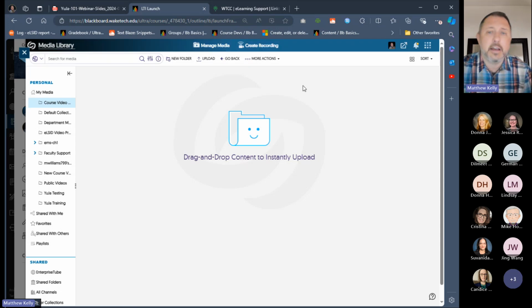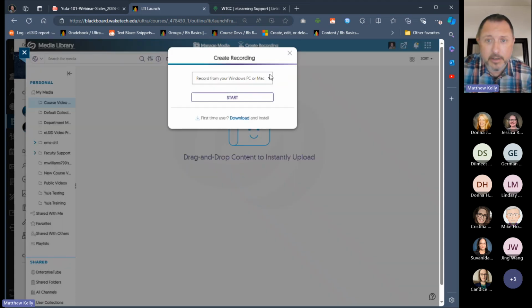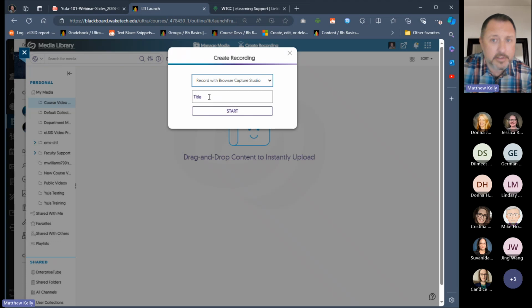Now remember what I said initially. You want to view that YuJa link in the content market as what you need to access the media manager, and then use the YuJa Media Chooser to create and upload videos. But ultimately, when you get used to using the platform, you can just click on Create Recording from within the manager and access the same steps.